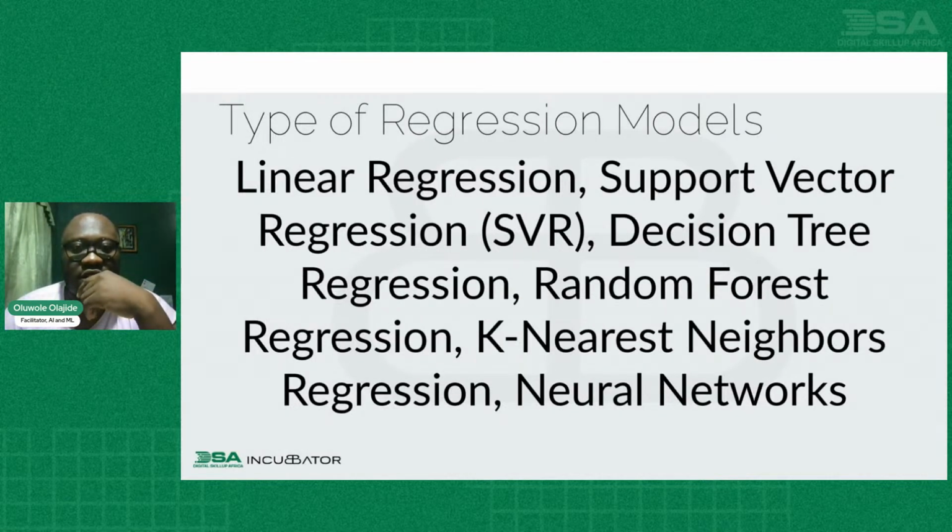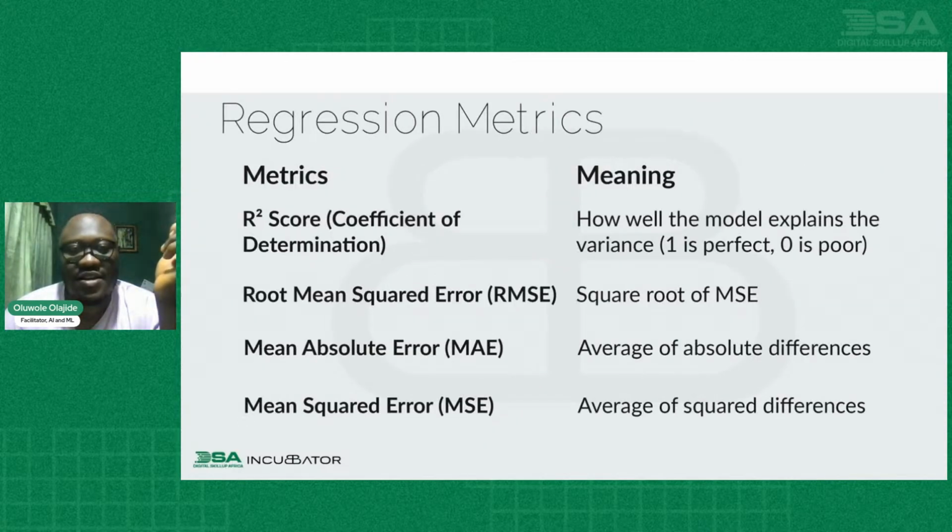You can see your SVR, support vector regression, and things like that. Then we spoke about your regression metrics. These are places where I will know that you know what you are doing when you are working on your model or on your project. If you are using a regression model and I begin to see you use classification metrics for your regression model, then I will know that maybe you have copied from ChatGPT. And vice versa, if you are doing a classification and you are using regression metrics for classification, then I will know that maybe you have done something very, very funny.